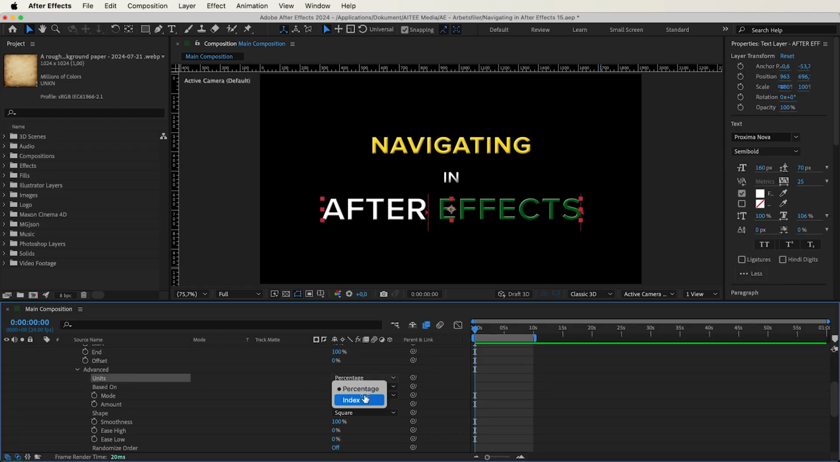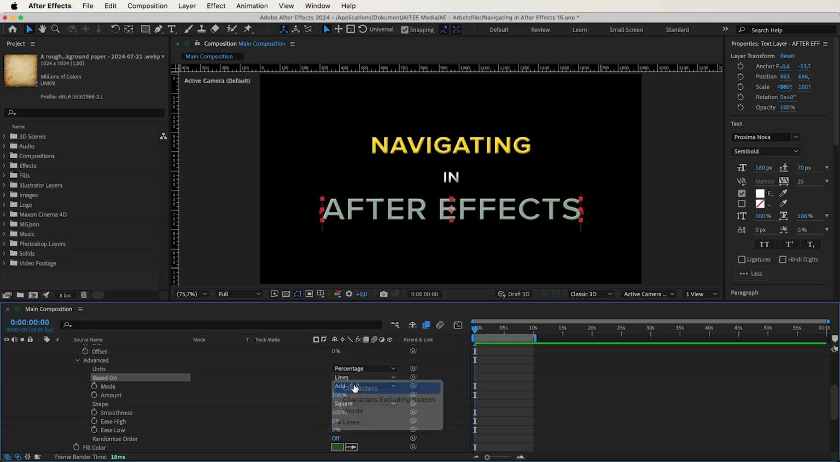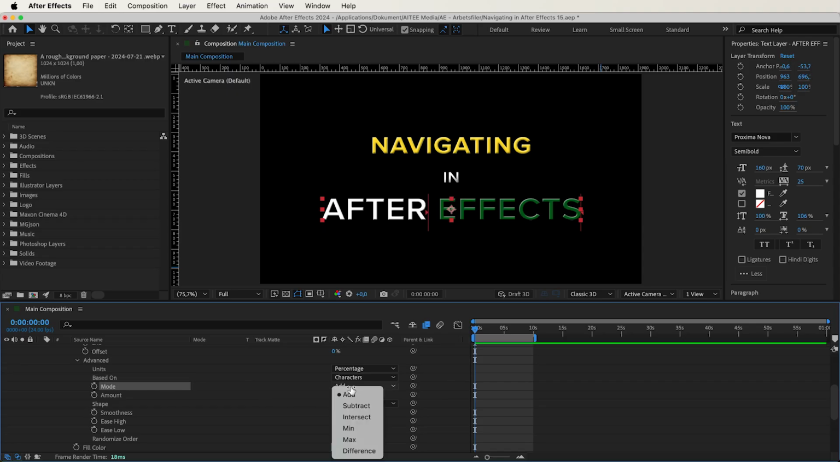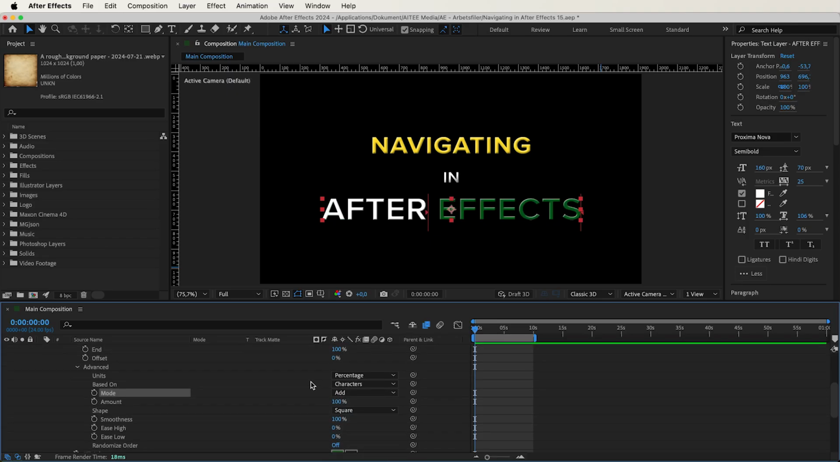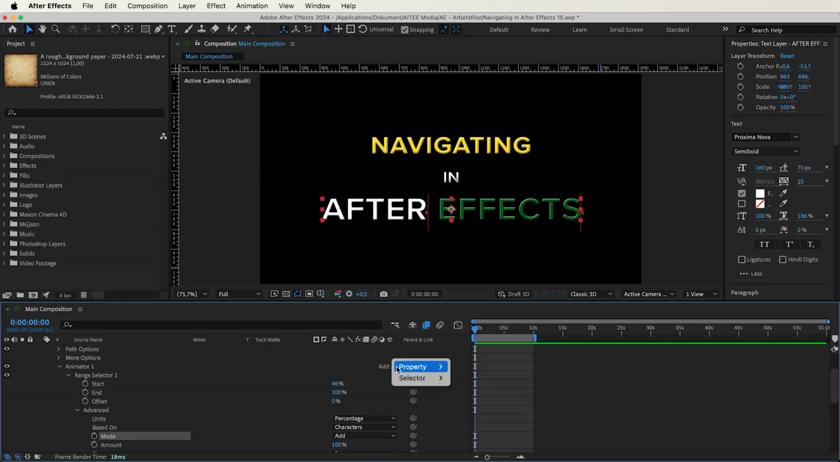We can, for example, choose between units in either percentage or index, what the animation is based on, and some variations depending on if we have the standard characters excluding spaces, words, or only using with lines. Then for the mode, just the add and subtract will be noticeable differences here, with the first adding the fill color and the subtract will remove it. But if we, for example, add another property like position,